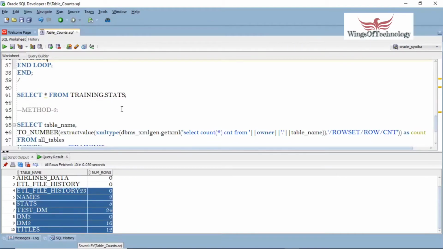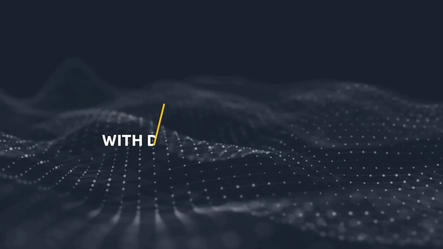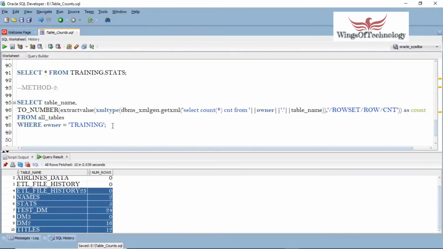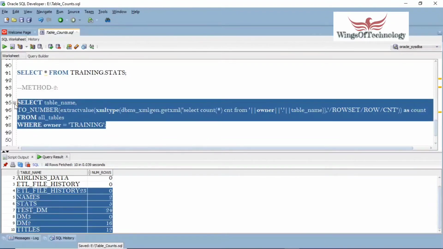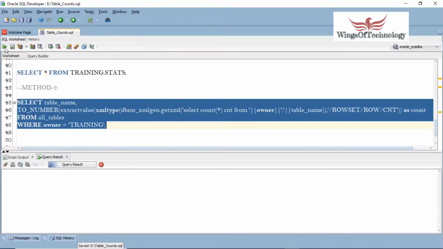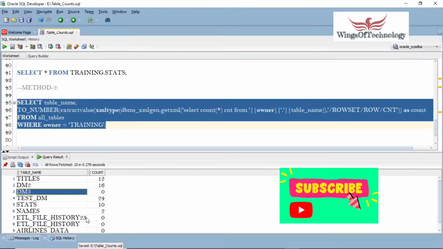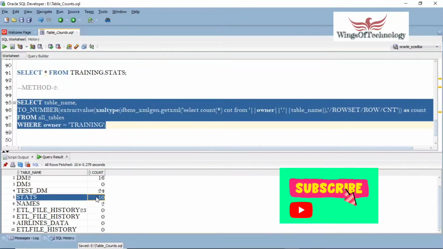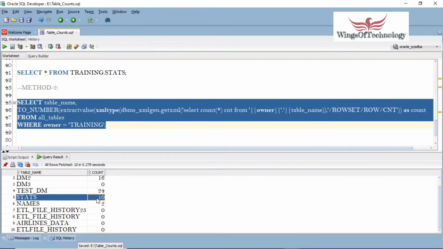Now we'll move to method 2. This method 2 is very simple. We'll just run this and you can see the same result here. Of course, stats is loaded now with the 10 table records, right? That's why it is showing 10.